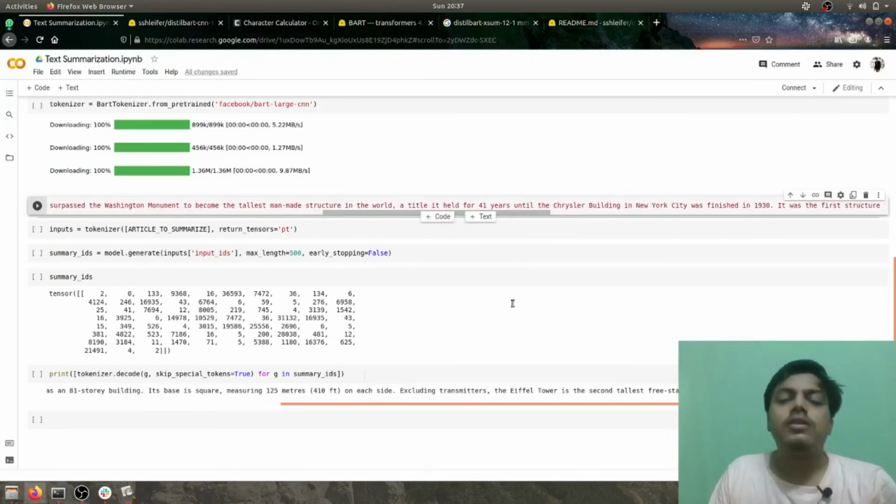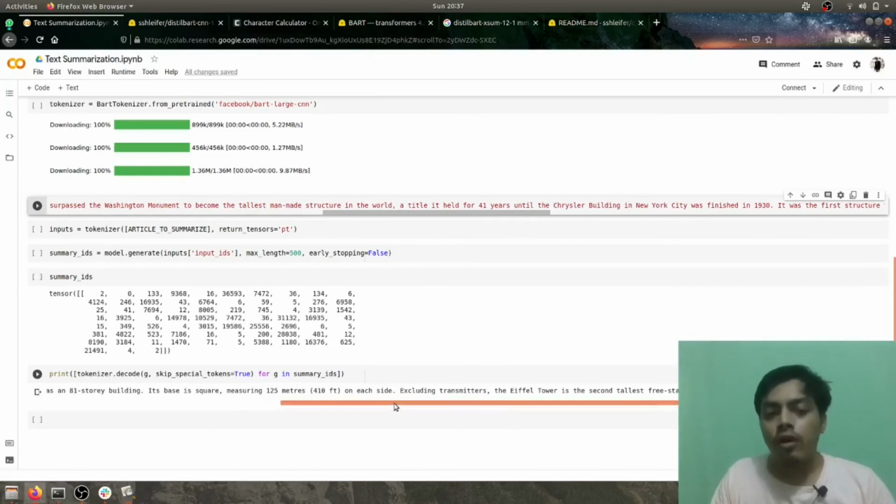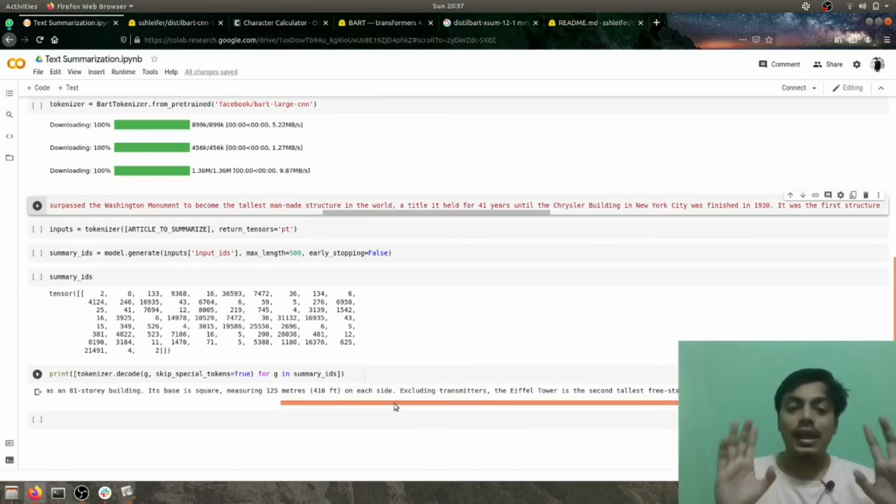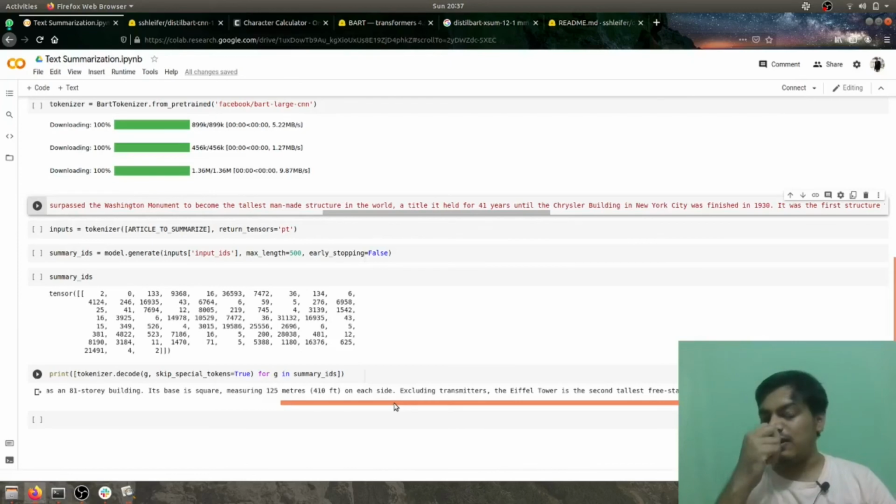So yeah, that is how it is working. The most beautiful thing is it has taken into consideration the entire corpus, as you can see, first to last, all sentences considered, and it has created a summary of it. The result is syntactically and semantically perfect. It is not breaking on grammar and all.